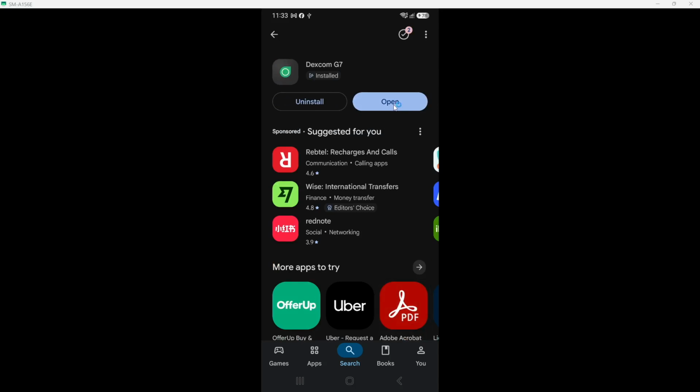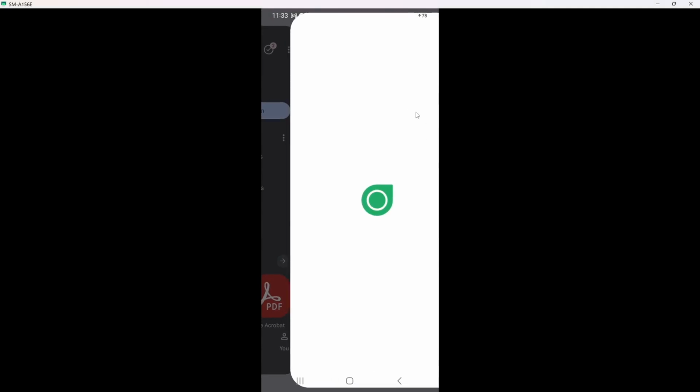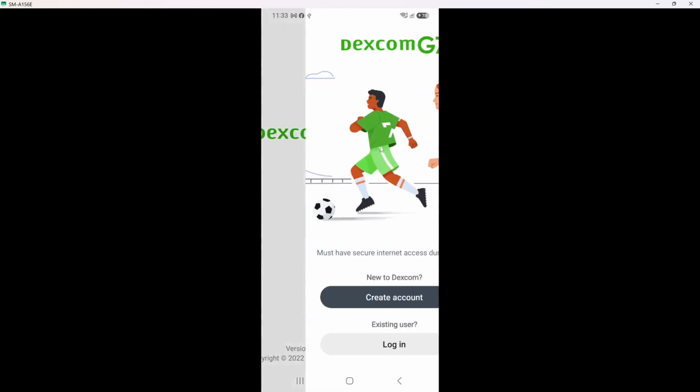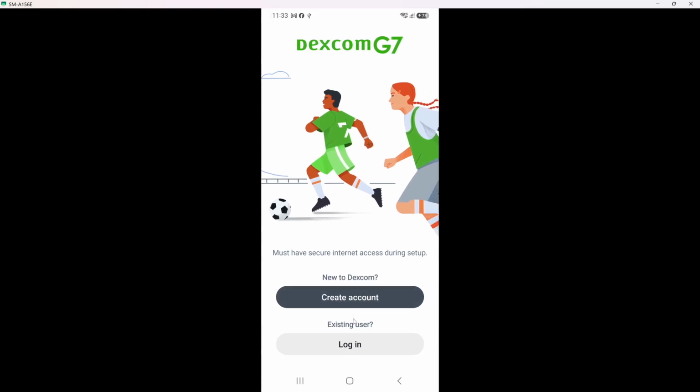Once the installation is complete, it's time to open the app. Locate the newly installed Dexcom G7 icon on your device's home screen. Tapping this icon will launch the application. You may notice a splash screen or a welcome message as the app loads. This step is significant because it brings you one step closer to utilizing the app for managing your health. It's a straightforward action, but it's exciting to see that you have successfully downloaded the app.